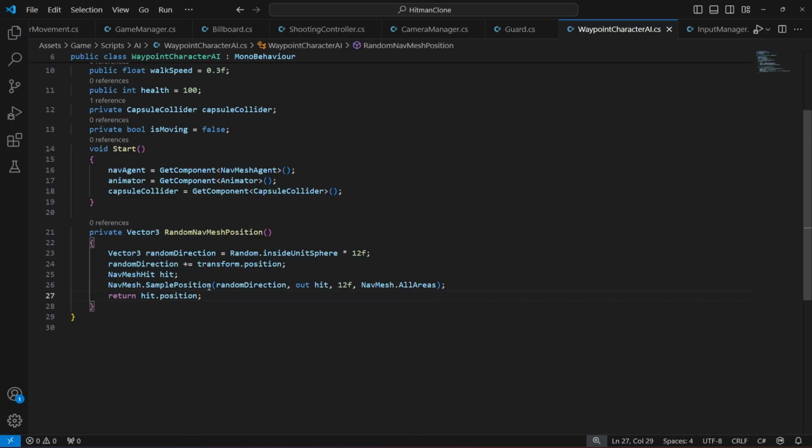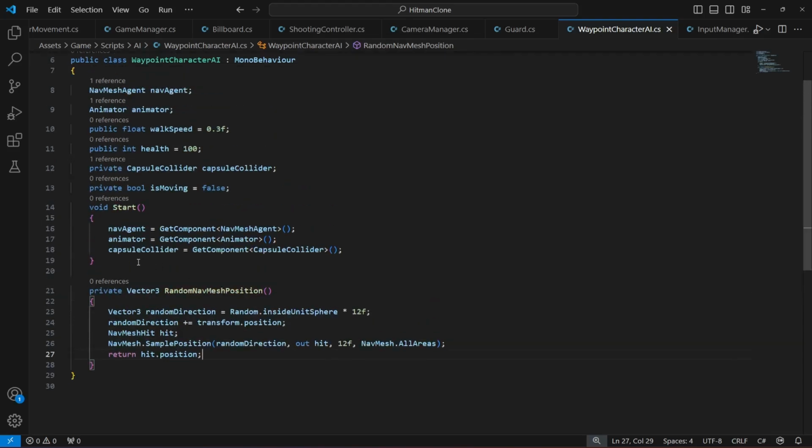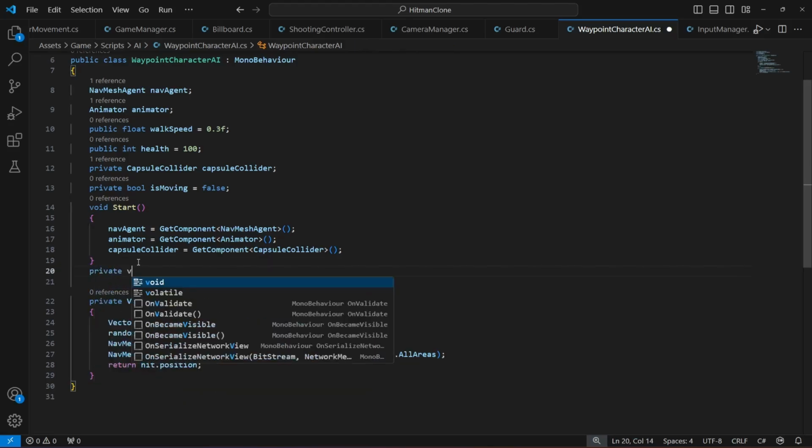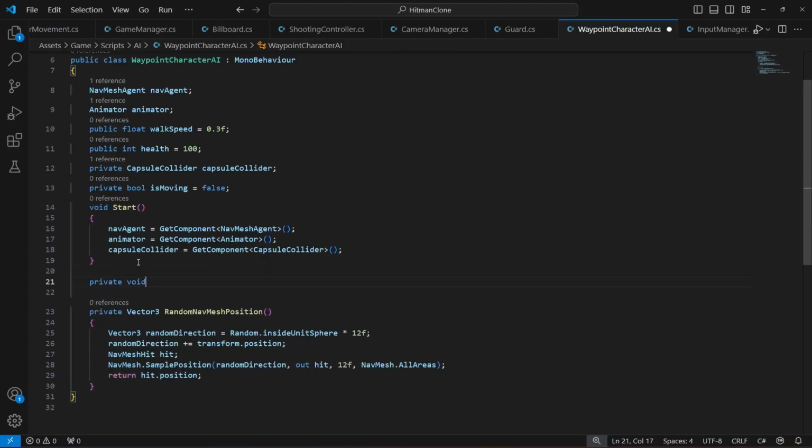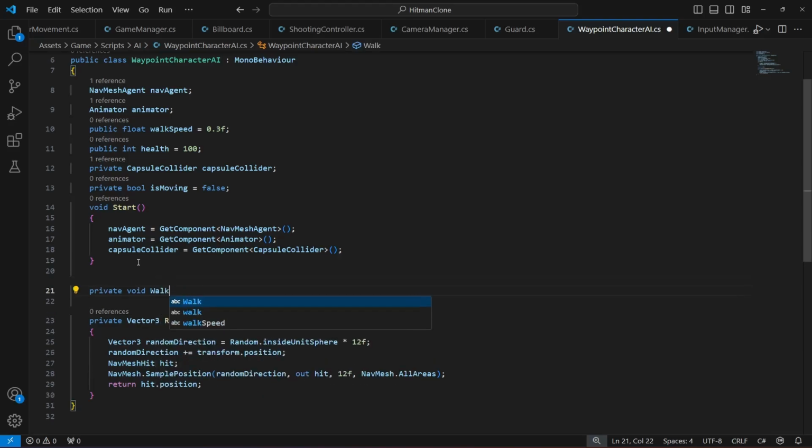So now once we have the position, now let's make the character start walking to a random position. Alright, so for that we're gonna create a separate method at the top, name this as walk to random waypoint,